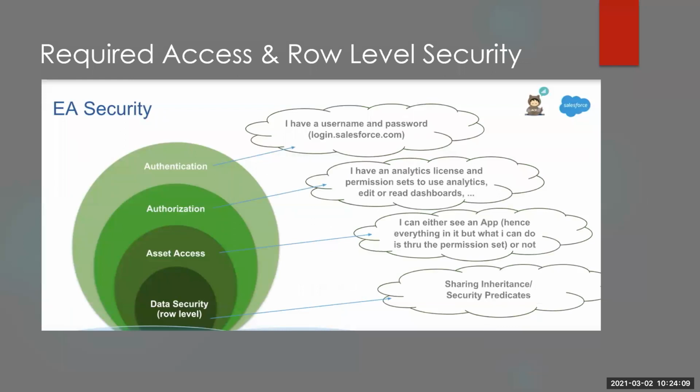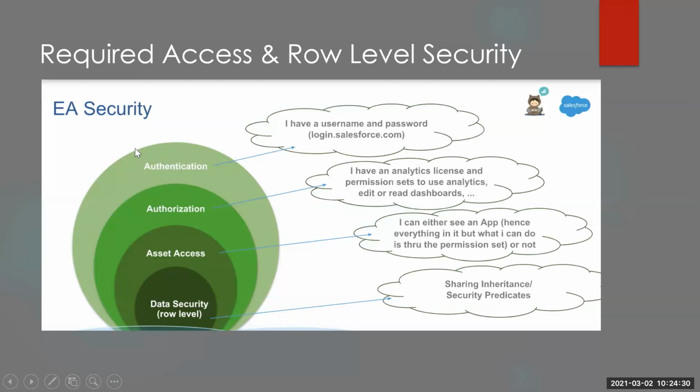And then the main part of this is security. We need to make sure that the community or partner users are seeing only the data we want to show them, not only the opportunities owned by them. If they want to see the opportunities owned by other partner users also, we need to maintain the security that way. So how can we do that?